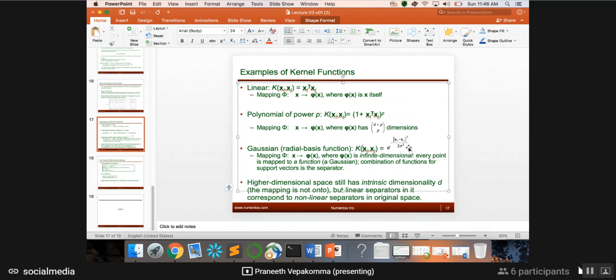But as soon as, in some package, sigma is treated as gamma, meaning you have gamma equal to 1 by sigma, then it is the other way around. Big gamma will mean big complexity, versus big sigma meaning less complexity. That exactly flips around that logic. It all depends on how many neighbors are being used.